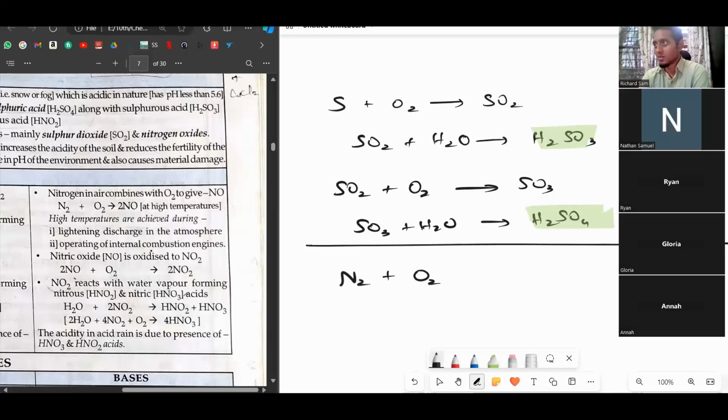Automobile engines. All vehicles have spark plugs, and they keep sending sparks to ignite the fuel. So lightnings are happening inside your vehicle every time it's running. At that time, nitrogen will join with oxygen to form